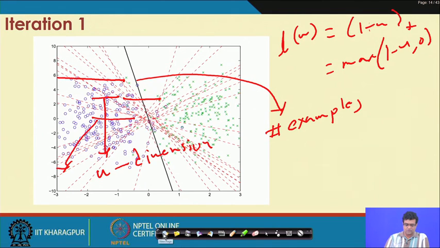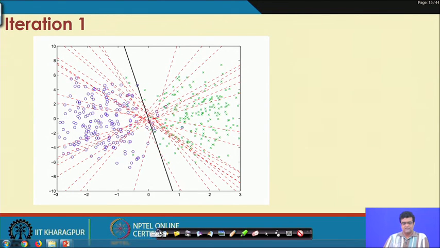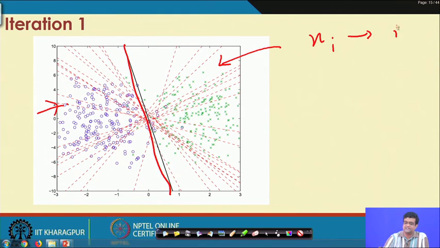You see, each of these lines is the separator, so this is a classification problem. There are two classes. You can see that your blue circles are points for class 1 and green crosses are points for class 2, and this is supposed to be your optimal solution. But you now have 20 optimal solutions, because you remember you have xi for each i.